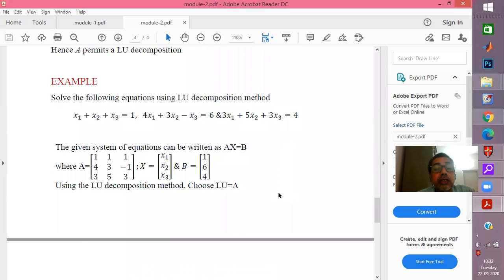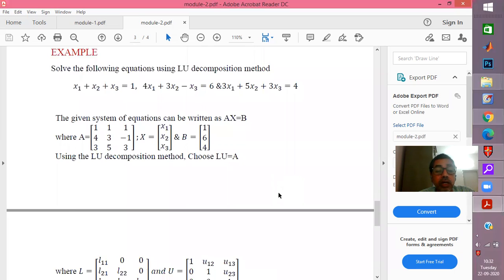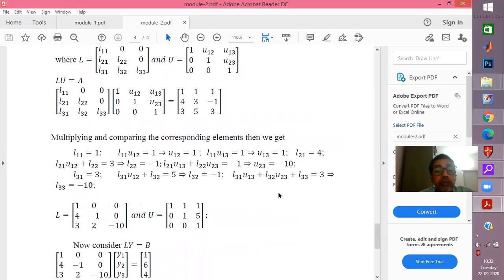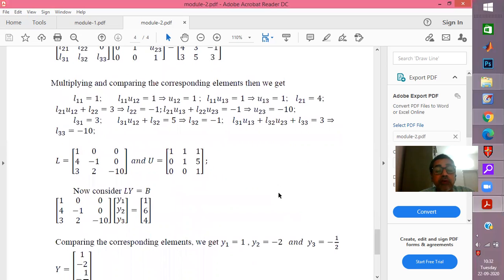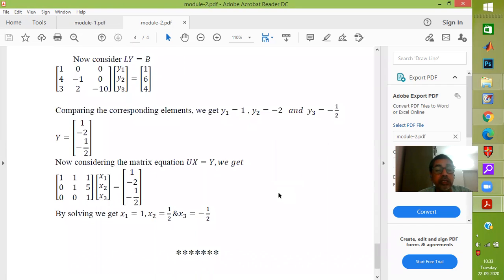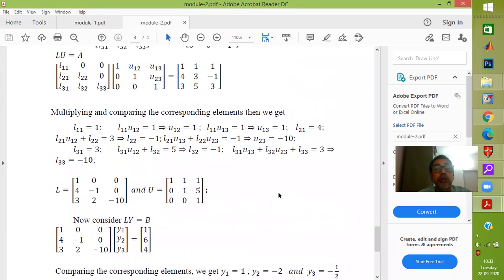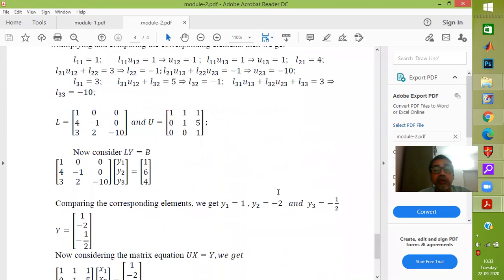Now, when you take a system of equations and separate the coefficient matrix and the unknown column vector, and then we do an LU factorization, ensuring that it exists, we can just go through these basic steps of finding an intermediate column vector y, and then getting back and solving the system of equations for the vector x. So this is a very small example by which LU is applied to solve the system of equations.